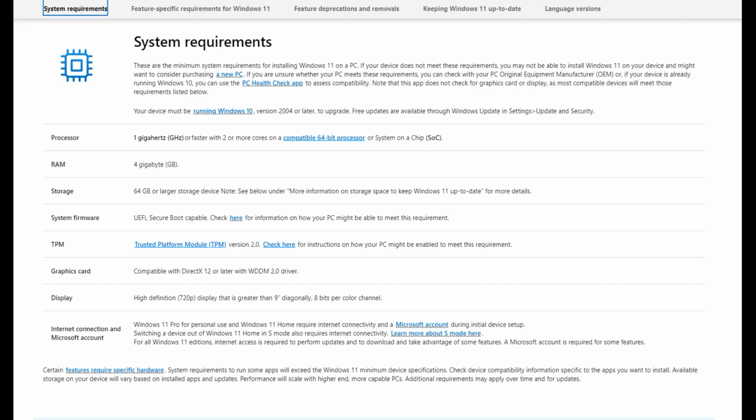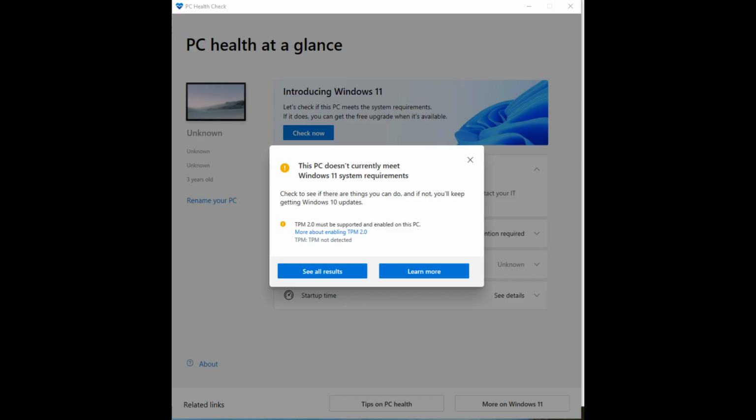And so I went to go download Windows 11, and of course the PC Health Check app says your device is not compatible with Windows 11. You need to have TPM 2.0. So I started doing some research